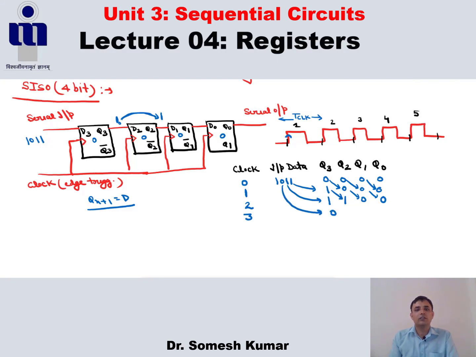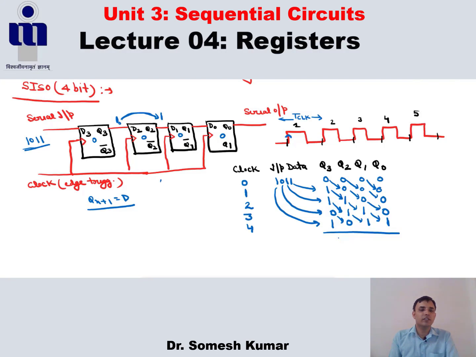This 0 comes here, this 1 is propagated to the next, this 1 here, and now again this 0. In the fourth clock cycle, what happens, this MSB bit comes at position Q3, and this 0 goes to position Q2, again this 1 here at Q1, and this 1 goes to this one. So what is this? This is your input data. So here we can say after 4 clock cycles, all this serial input is stored in this register.